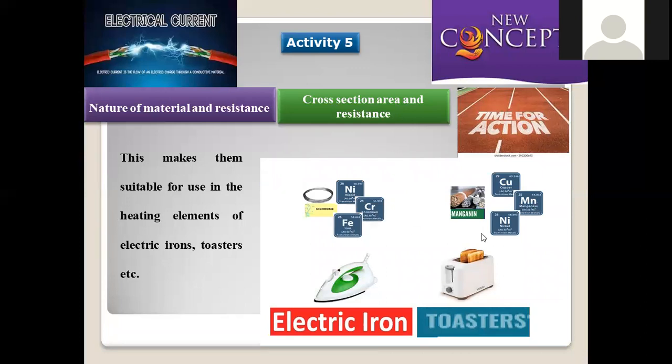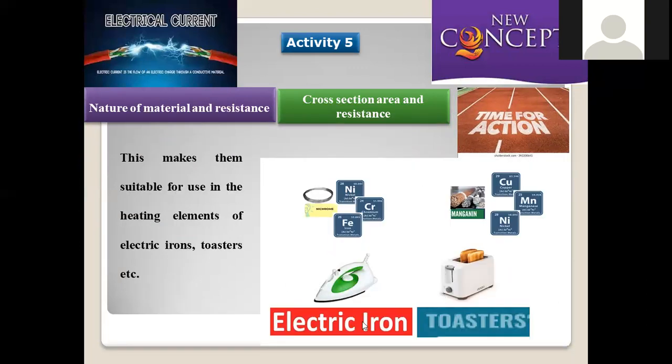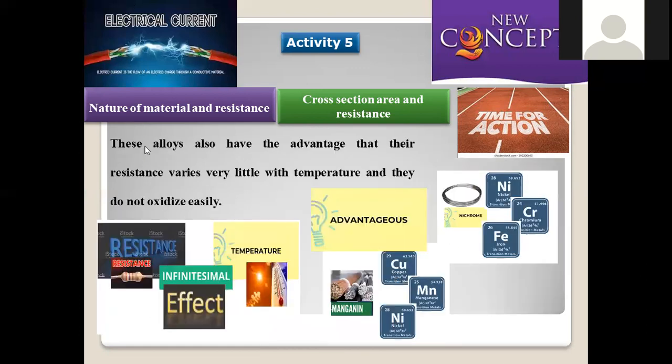So when these kind of alloys were taken, one is nichrome and the second is manganin. These are used in the heating panels of the electrical iron box we use for pressing, and in a toaster, bread toaster is also available. In that also grills are made up of these alloy forms, right? So these are the applications of alloys because of their resistivity and their conducting nature. Such materials are made up of these alloy forms.